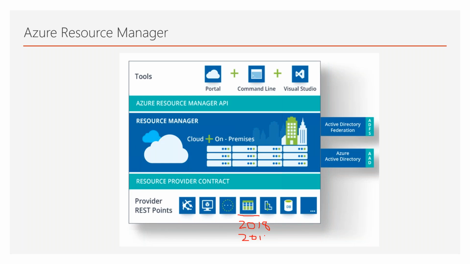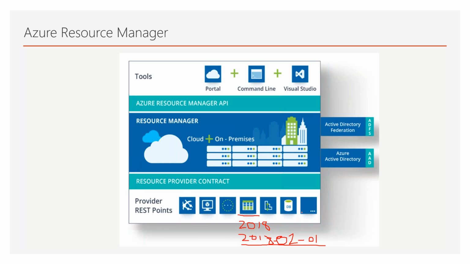Let's call it 2018-01, let's call it 02. Okay, then they kept on adding more and more versions of the storage account. Whenever they came up with a newer version, the name of the version became the date. So 2018-02-01 becomes a newer version which came in February. If I say 2018-03-01, this means they came up with a newer version in March. Whenever they came up with a newer version, they created a particular date for it. All right, now that is called a version.